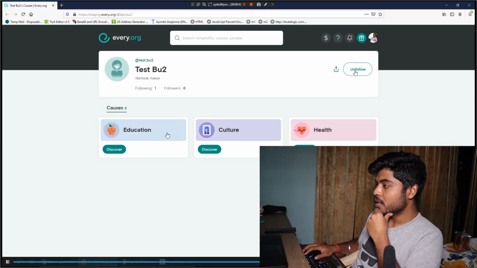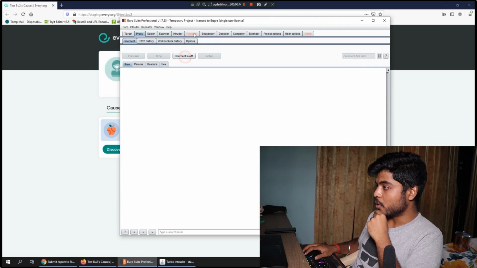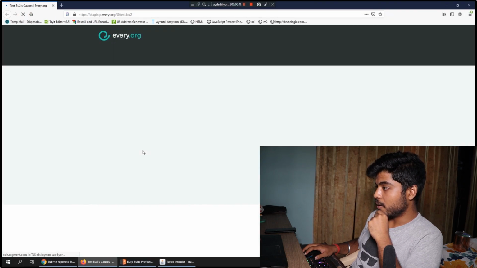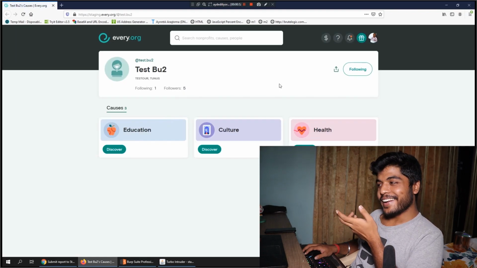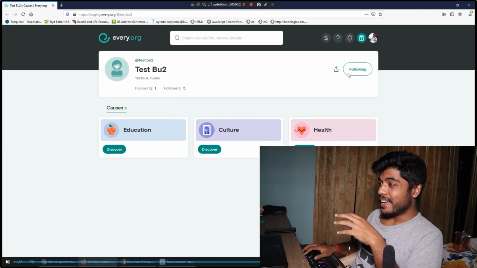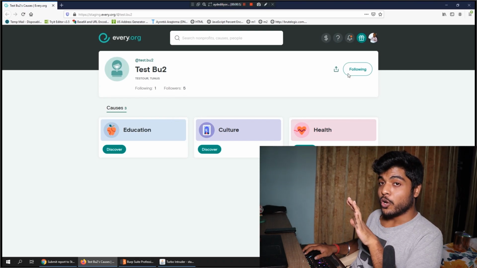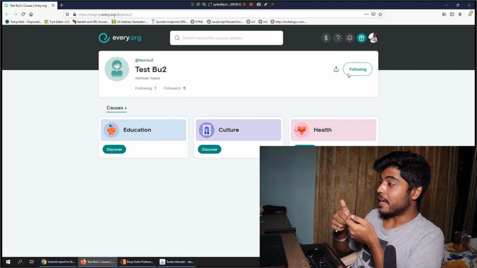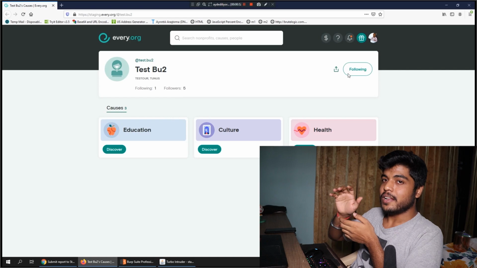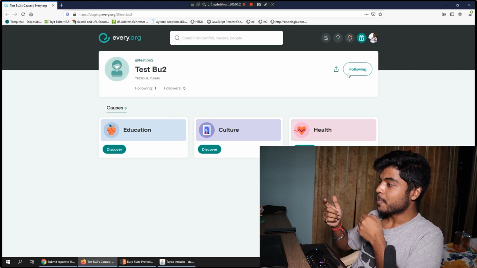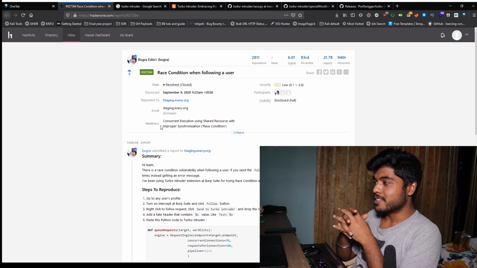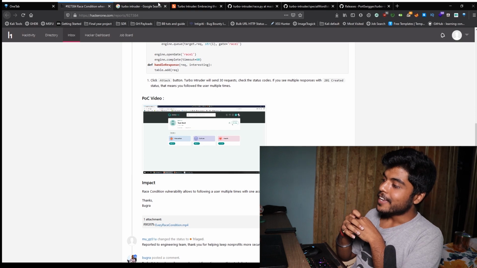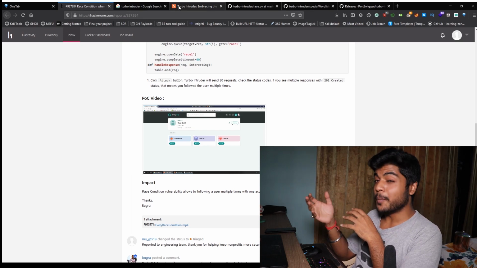So yeah, okay. So now what he did is unfollowed the account, intercept off. Okay, great. So basically, he unfollowed the account, and still he is left with 5 new followers, which is a single account. A single guy is following this account 6 times, and then he unfollowed once, and still he is following this account when he refreshed the page. So the severity of this attack was low, like 0.1, but it's okay. This is a kind of bug not everyone can find. It requires a different way of thinking, and I really appreciate this.